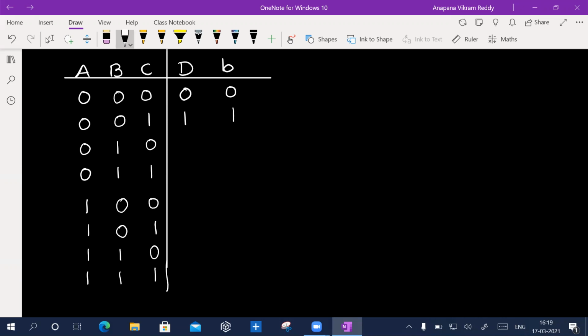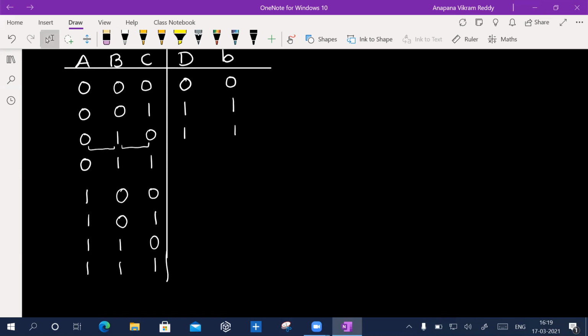Similarly, here you see what is 0 minus 1. So 0 minus 1 is 1. And what about borrow? Borrow is also 1. And again 1 minus 0. So 0 minus 1 is 1 and 1 minus 0 is of course 1. So therefore difference is 1. So I hope you can do these things. Otherwise, how are you going to do this? Because you know very well what is D here? A exclusive OR B exclusive OR C. Agree?